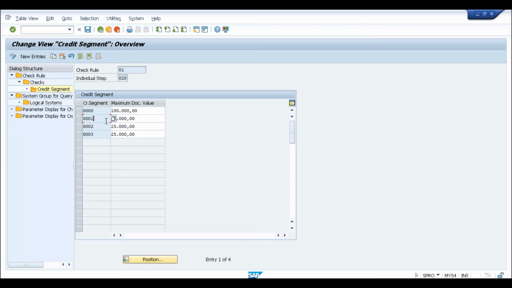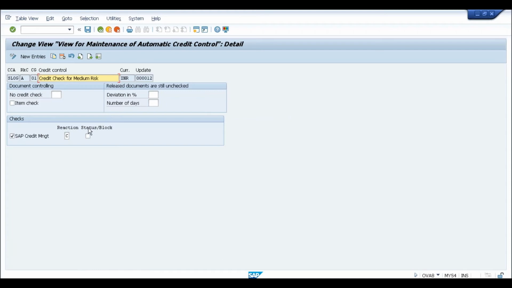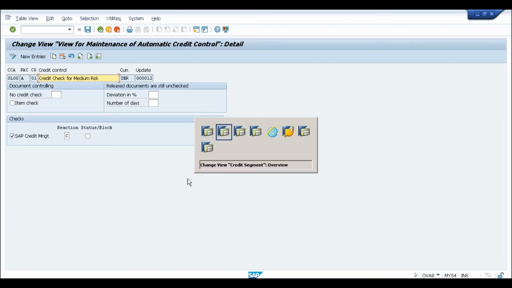Okay, so checking rule you are not creating at the credit control area or credit segment level. You are creating a checking rule at a client level, but within the checking rule you can have the characteristics defined at different credit segment levels. This is one of the questions that somebody asked, that there are a lot of other things which we are able to see in ECC, whether all that are gone or how exactly they will be handled. So they will be handled via this checking rule.